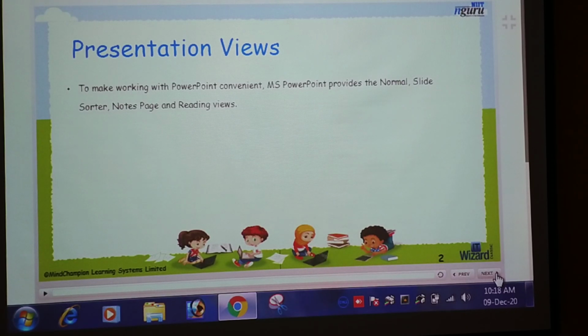To make working with PowerPoint convenient, Microsoft PowerPoint provides the normal, slide sorter, notes page, reading view and slideshow view. Microsoft PowerPoint provides 5 presentation views.